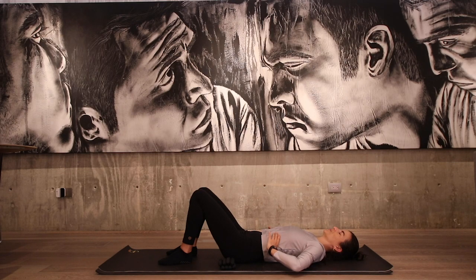Beautiful, last 2. Your exhale helps you wrap that waist in. Last 1. Excellent. Once you're done with that last breath, I want you to make sure you've got your spine in neutral